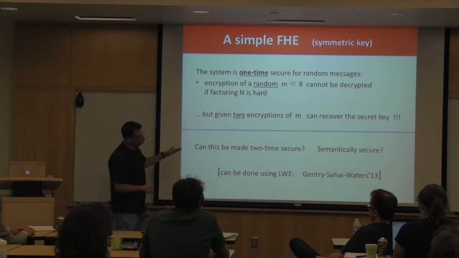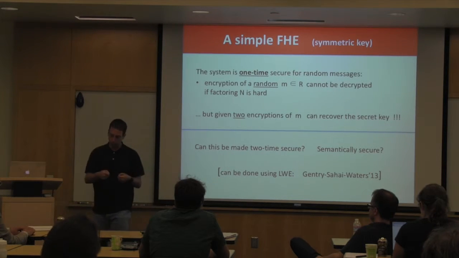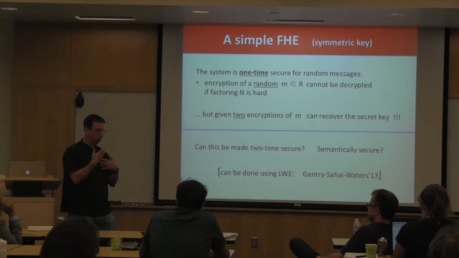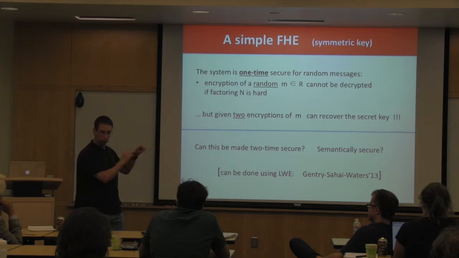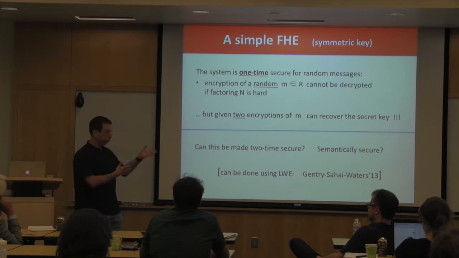And by the way, one of the applications that we always think about for FHE is where I want to send my data encrypted to the cloud, have the cloud operate on it, send me back the resulting ciphertext, and I'll decrypt. Those settings are exactly one-time encryption settings, right? I can generate a new public key and secret key, encrypt my data, the cloud computes and sends me back, I decrypt, and I throw away that encryption and decryption key. So really, the killer app for FHE is a one-time encryption app. So that's exactly what this does.